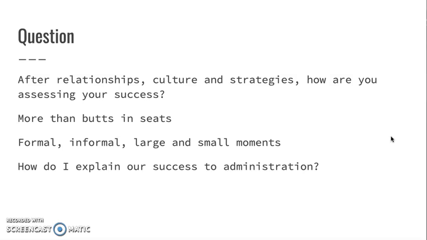Like, for instance, we always looked at help tickets and how quickly we answered help tickets. But that does not really resonate with administration. So maybe it sounds unfortunate, but finding out what administration would say, yes, if I heard that number, I think you're being successful, finding out what that is and then coming back and letting all of faculty development help you get there. That's the tricky part. That's the hard part of our work. Yeah, I'm looking forward to hearing how you all do that. Yes. I'm hoping to hear some great ideas to use.